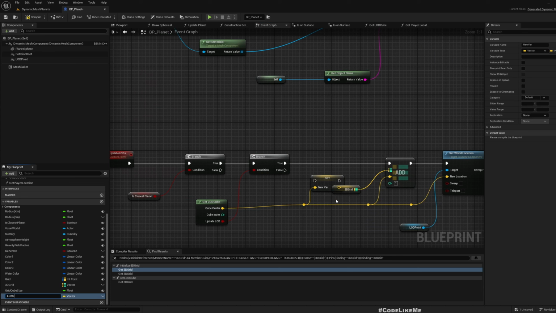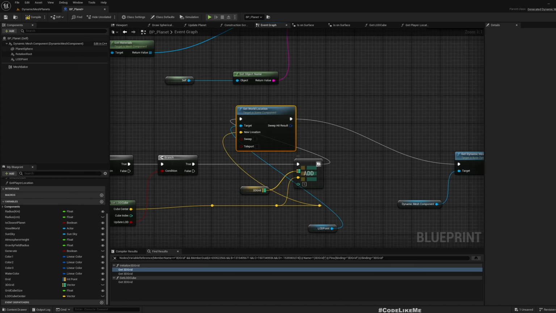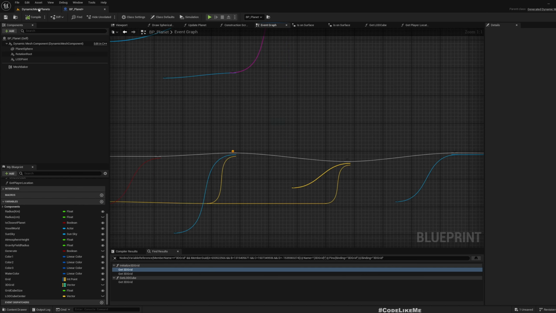LOD cube center. No, we don't really need to do that. What we need to do is interchange these two steps. That means this should go here. Now